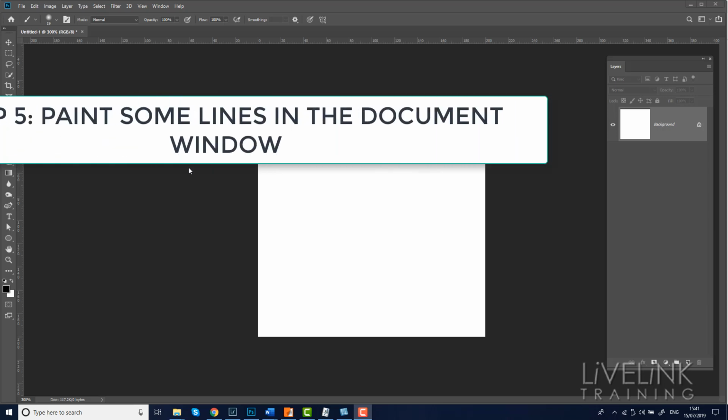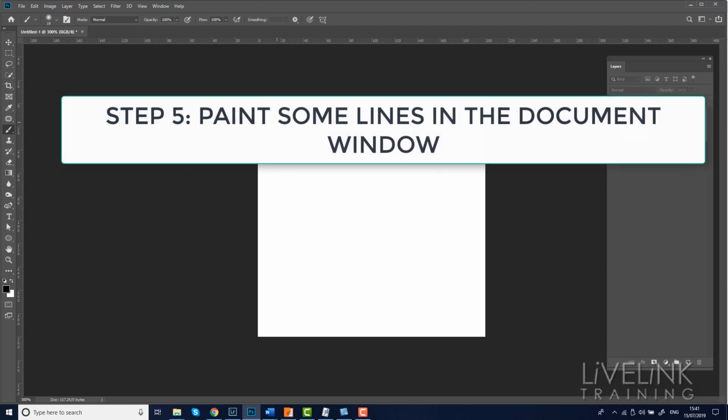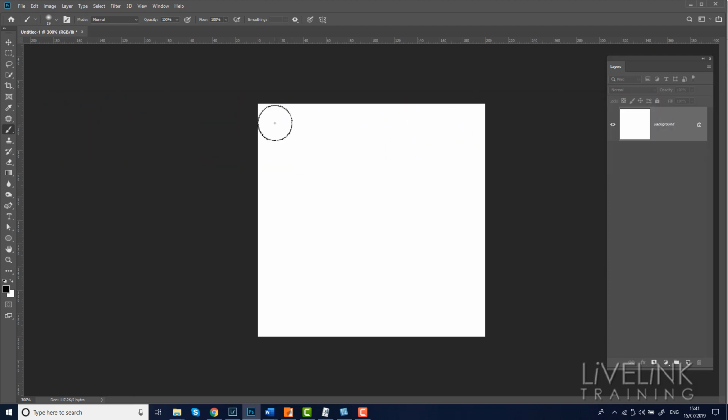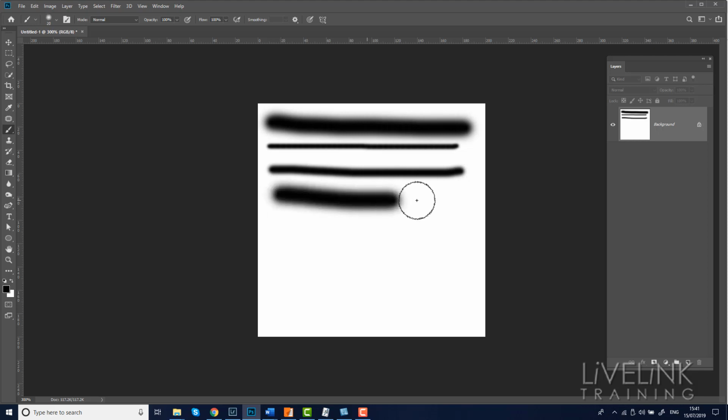Step 5, let's paint some lines in the document window. We'll just make a brush. But it doesn't have to be anything really, you can really go arty if you want. I'm just going to paint some lines. So I'll paint a line, and then I'll use the square brackets to make the brush smaller, and then I'll make it a bit bigger, and then a bit bigger. So I'll just paint some random sort of lines just so we've got a really higgledy-piggledy brush,